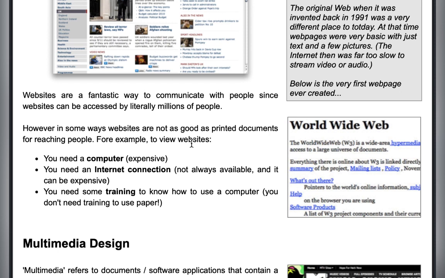So we can access websites with our smartphones. But previously, you needed a computer, which is expensive, to access a website. Billions of people in the world do not have a computer. So if you have a computer, you are among those who have moved to the other side of life. Even billions of people don't have a smartphone. Probably they have an analog phone. Many old people and poor people in poor countries don't have a phone, let alone a computer.